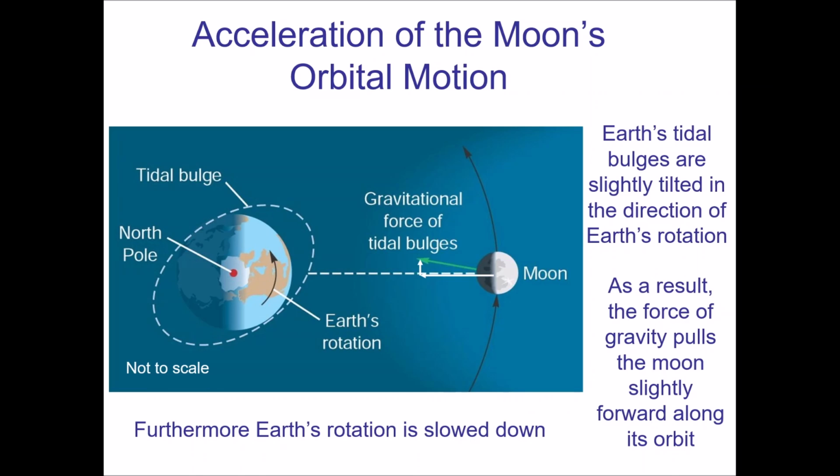It's a very, very minor effect, but we've been around a long time. And we have seen from some very ancient geological records that the period of rotation of the Earth was a bit shorter. The Earth had spun faster in the past, and now our day is approximately 24 hours, whereas in the past it was closer to maybe around 22. So that's an effect that occurs to us.